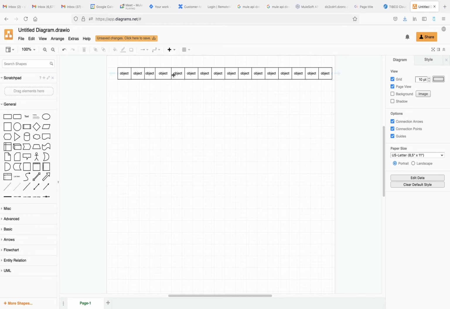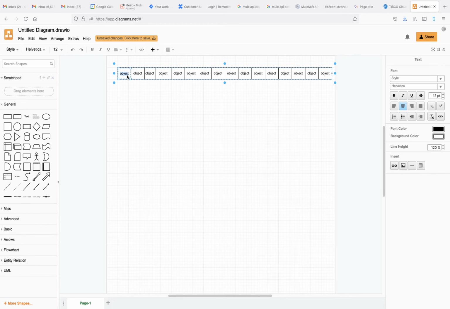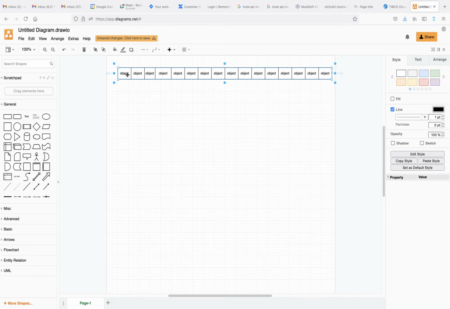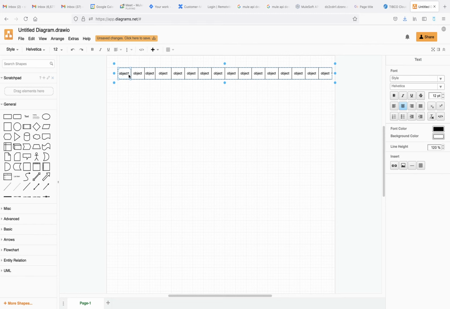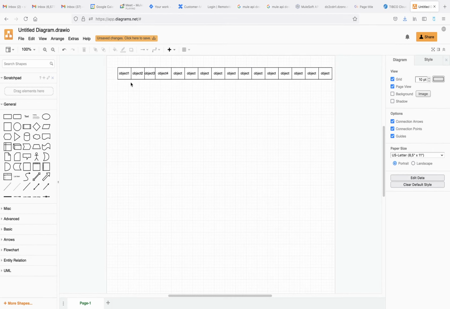If this sequence doesn't matter, for example, we have here object 1, here we have object 2, here we have object 3, object 4. If this sequence doesn't matter, no matter whether object 4 is inserted in the database first, or object 2 is inserted first, which component will you use, for each or parallel for each?